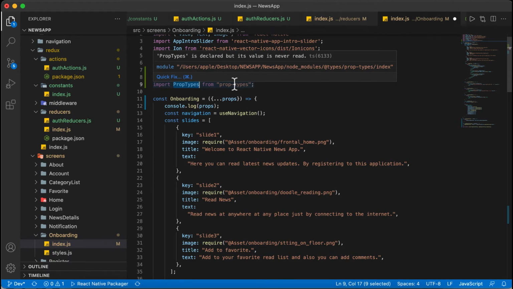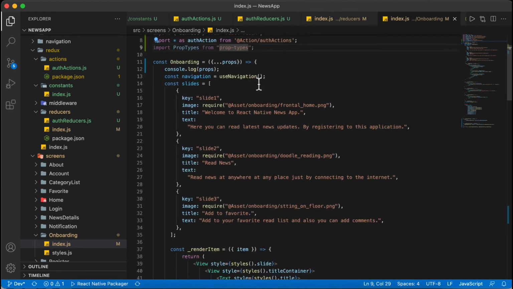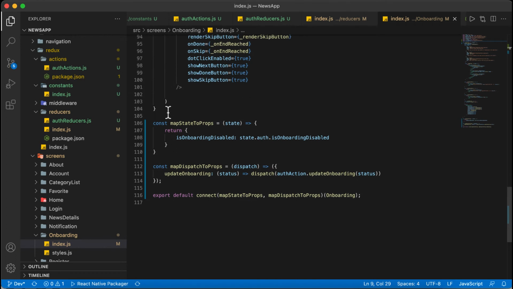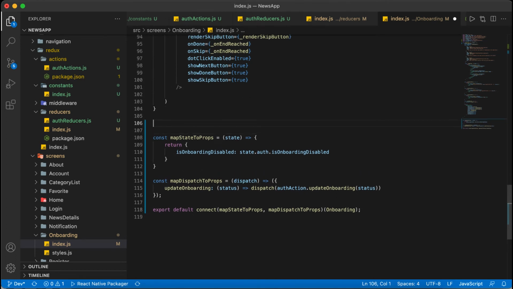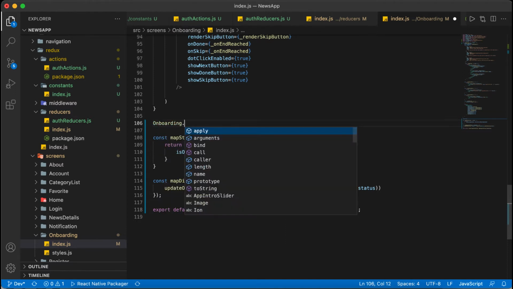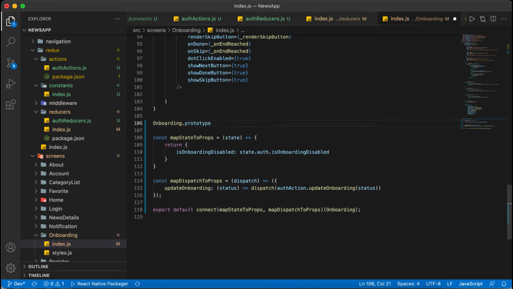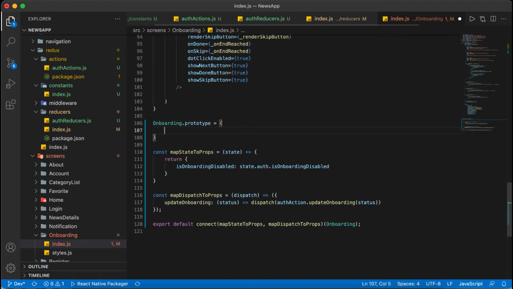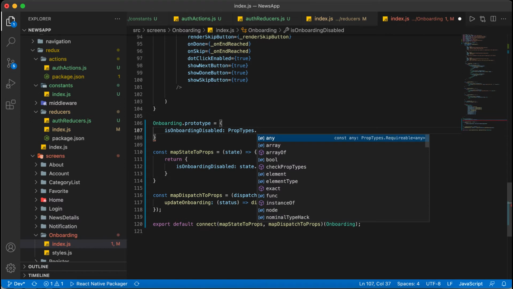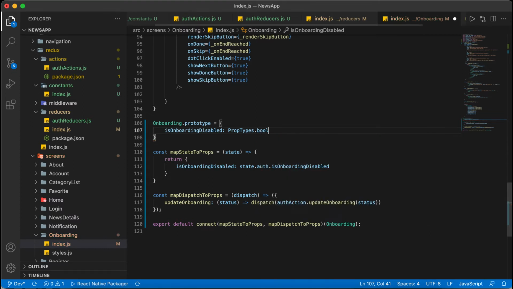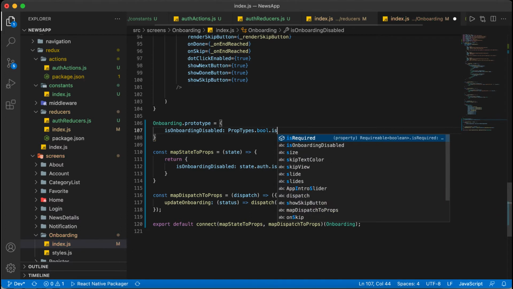Below here I will validate the types, like Onboarding.propTypes equals, and we will validate this one first. PropTypes.bool.isRequired, since this is a boolean value.